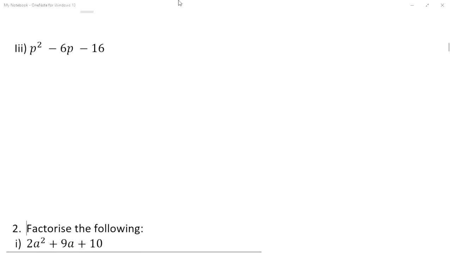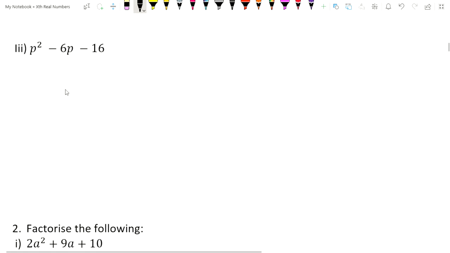The third one is p square minus 6p minus 16. First you write the sum equal to minus 6. The coefficient of p is called the sum. Minus 6, along with the sign you have to take. Then product equal to